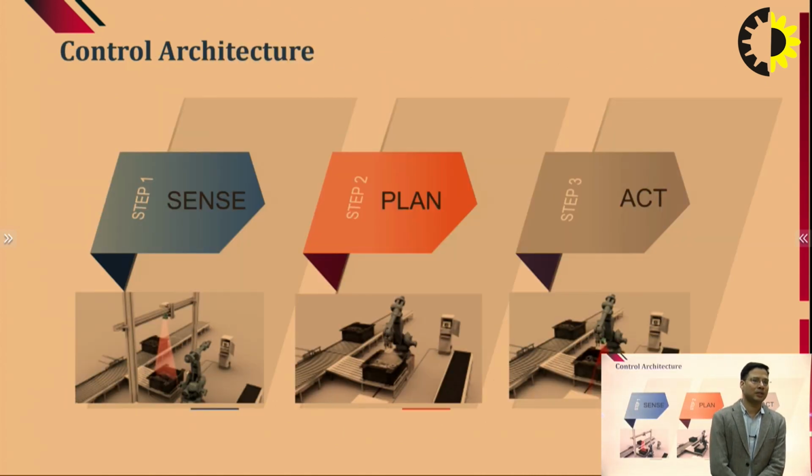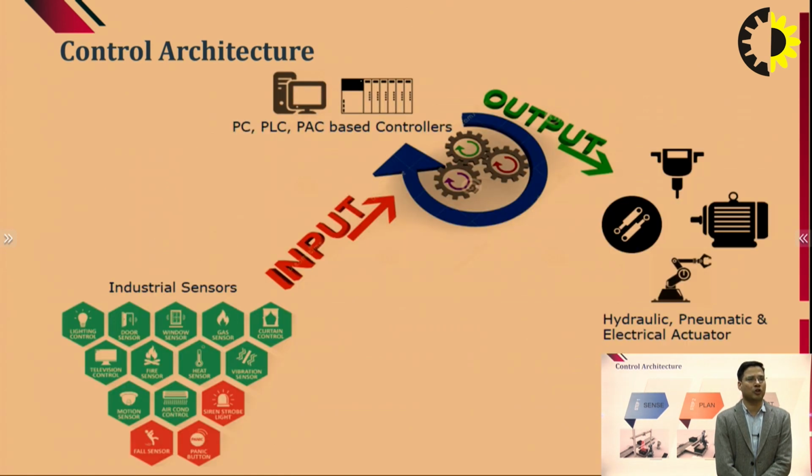So we say how we design the whole control architecture for any operation to be performed. There is a series of steps, or there is a plan which needs to be done. First of all, we need to sense the operation, whether the right time has arrived to initiate any actuation. All this requires a second step, which involves planning. After having the plan, then the act part comes into action. So we can say the whole control architecture is all related to sense, plan and act, and these three steps are the basic necessities that lead to the implementation of automation.